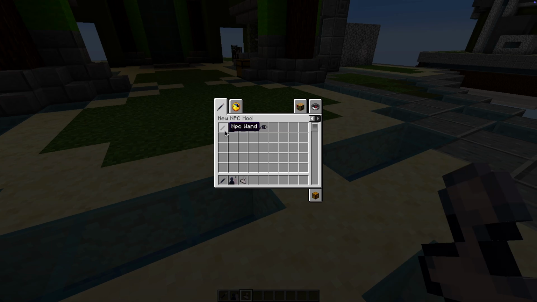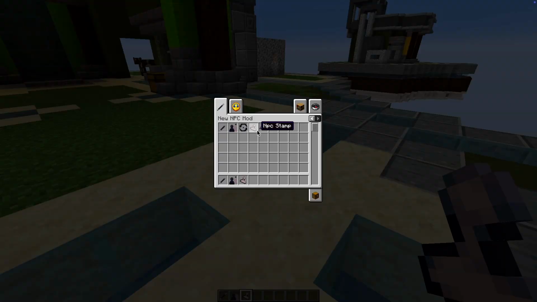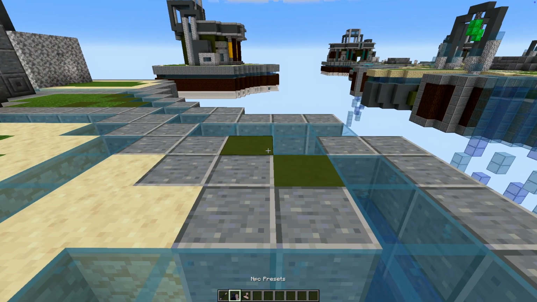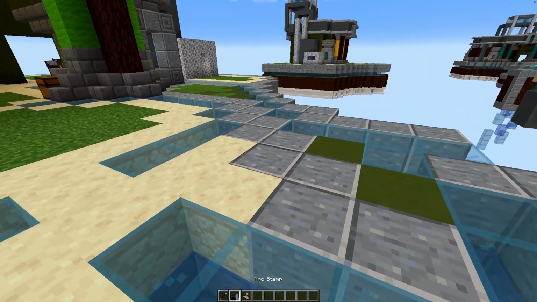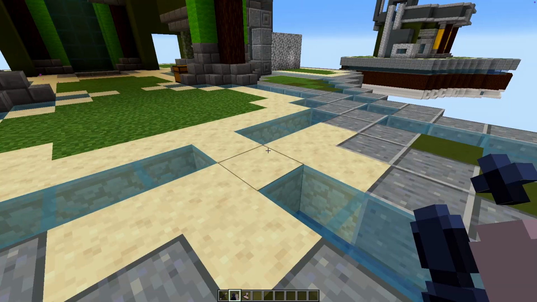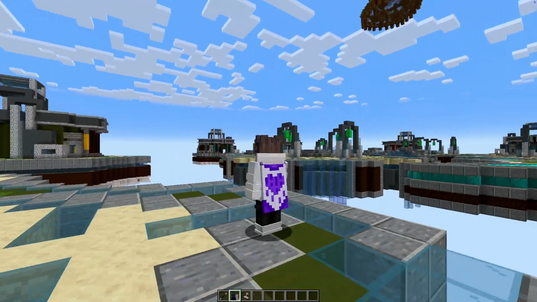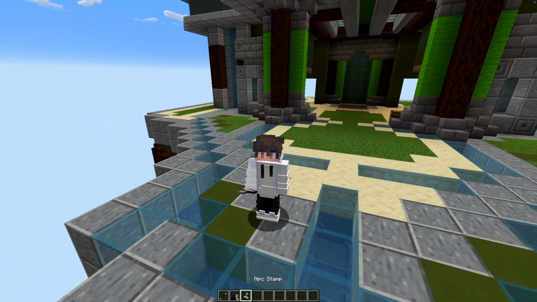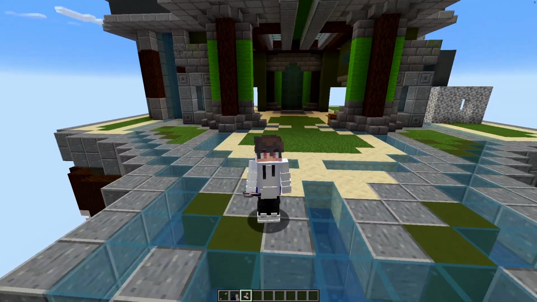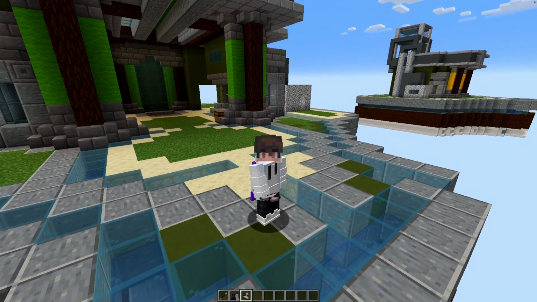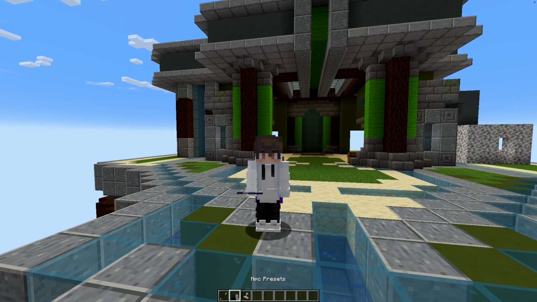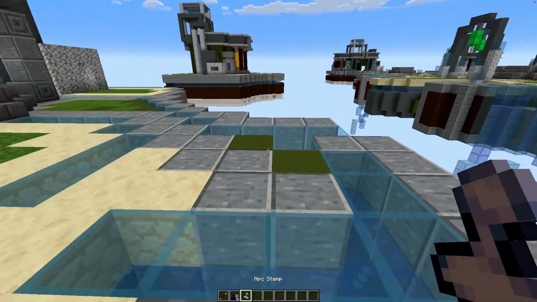So basically, I always use the NPC wand. That's like the main item. And then the NPC presets and the NPC stamp. The preset and the stamp won't really be necessary for this video, but that's basically what I always use, because the presets, I just have all my presets made, and the stamp basically lets you copy the characters and paste them in a different location if you want to. We're not going to be using these two this video, but the main thing we're going to be using is